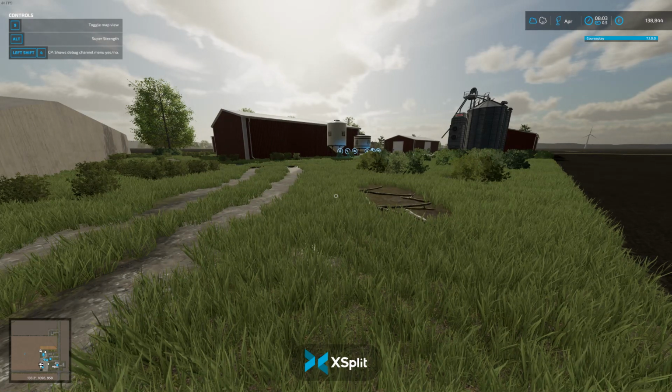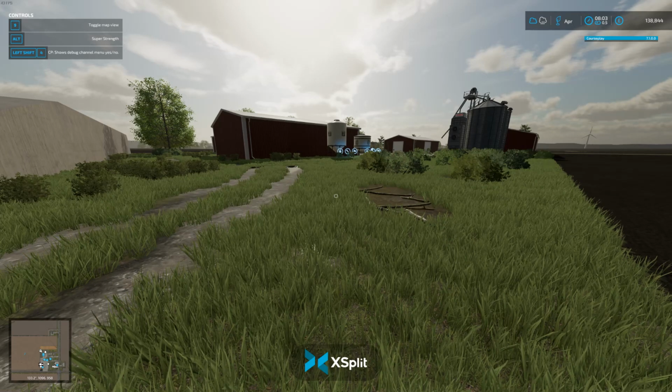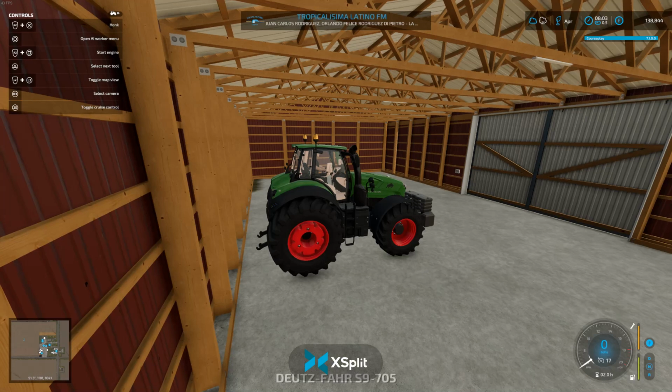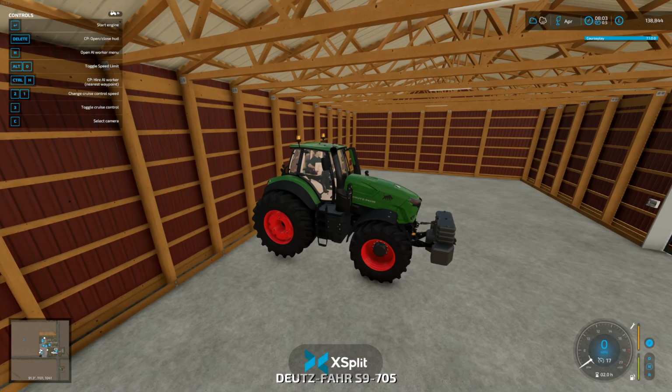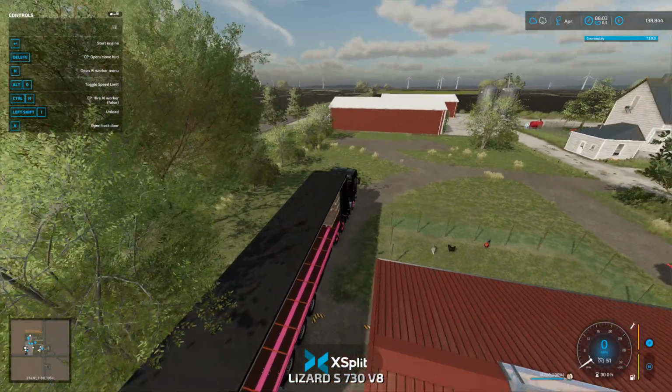Where are my vehicles? Oh, is my wheel not plugged in? That would explain it. Apologies, it's just doing its testing thing. There we go. Whoa. Radio was on. Right, so what we've got now, I've got a truck